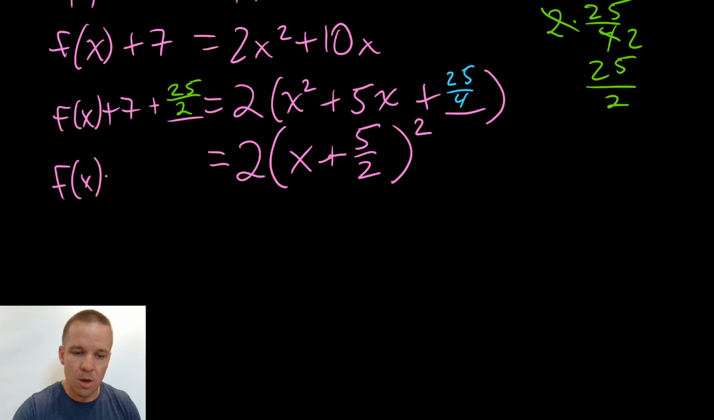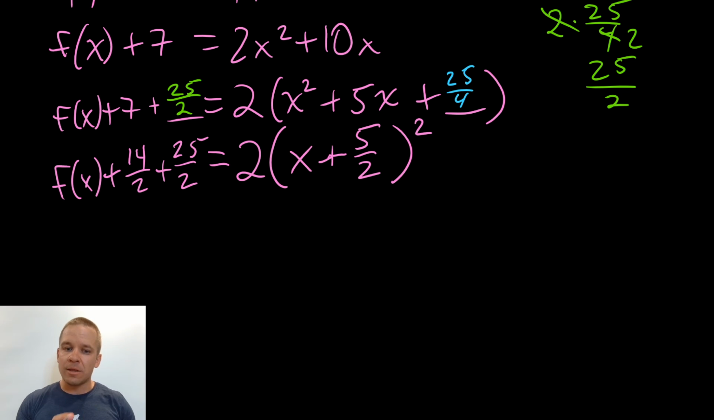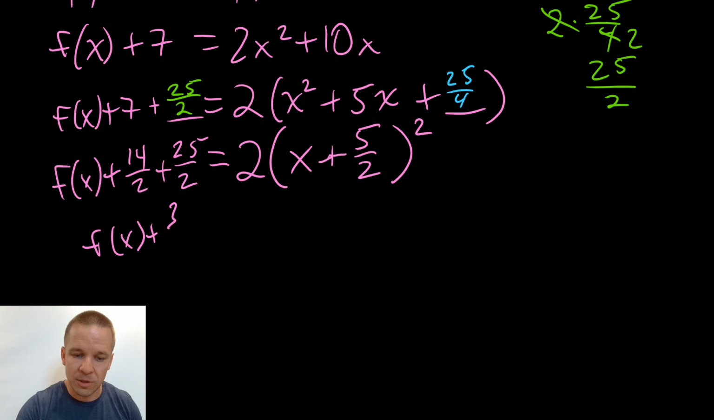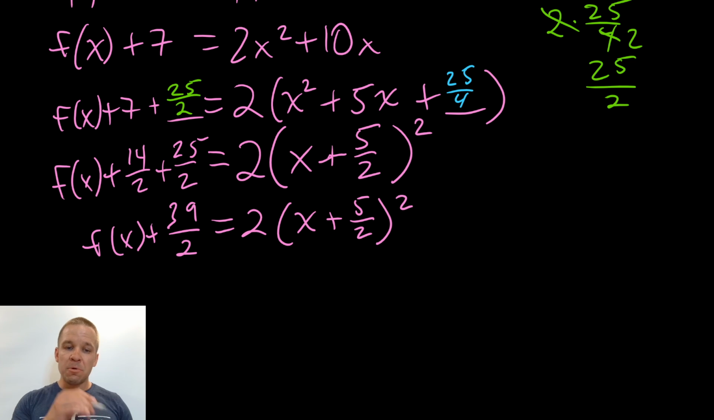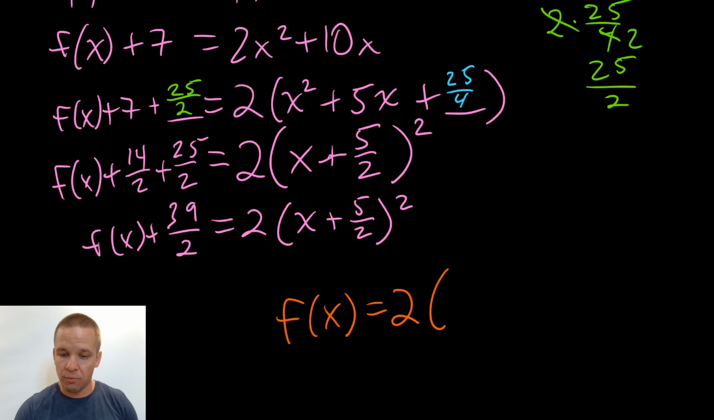So if I have f of x plus now 7, if I want to put that over 2, I'm going to need to multiply by 2 over 2. That's going to give me 14 over 2, and I'm going to have 25 over 2 still, right? Now I can add those two together. That's going to give me 39. So I'm going to have f of x plus 39 over 2 equals 2 parentheses the x plus 5 over 2 quantity squared. Last move here. Last move for my final answer. I'm going to have f of x equals 2 parentheses x plus 5 over 2 quantity squared